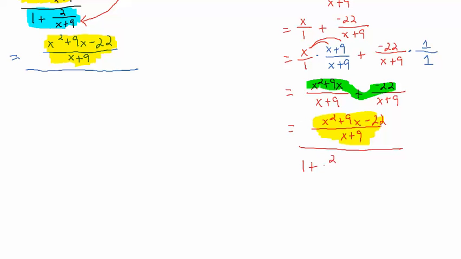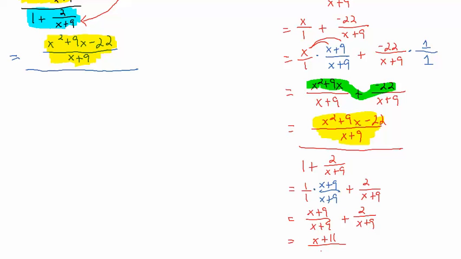One plus 2 over x plus 9. I'll make 1 into a fraction. I'll leave a space so I can write my form of 1 here to get a common denominator. I'll multiply this guy by x plus 9 over x plus 9. And so my first fraction is x plus 9 over x plus 9, and my second fraction is 2 over x plus 9. And when I add those together, on top I get x plus 11 over my common denominator